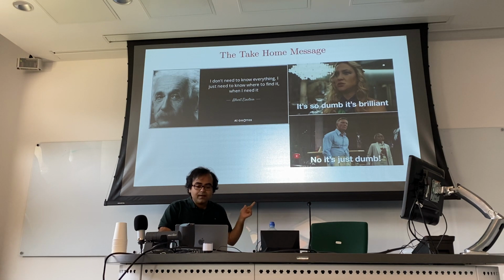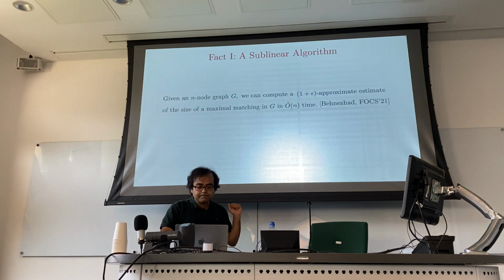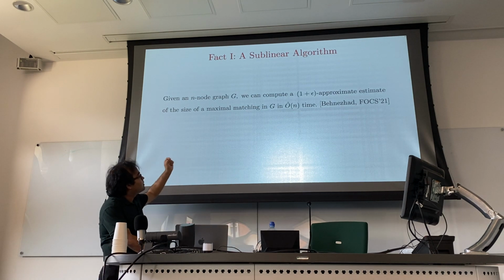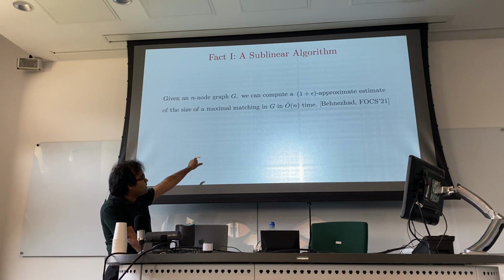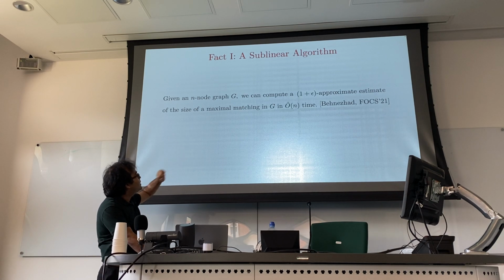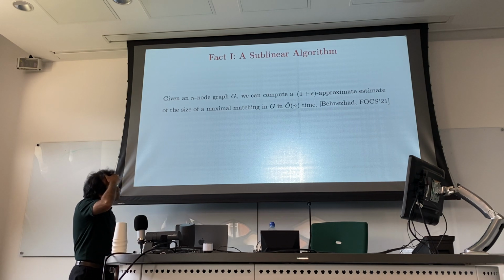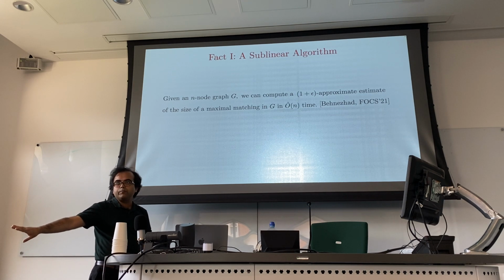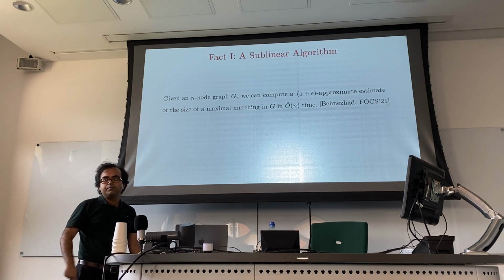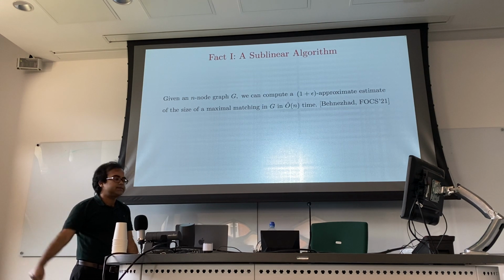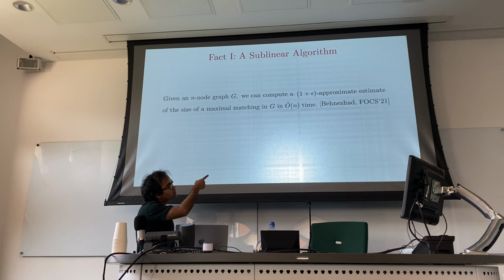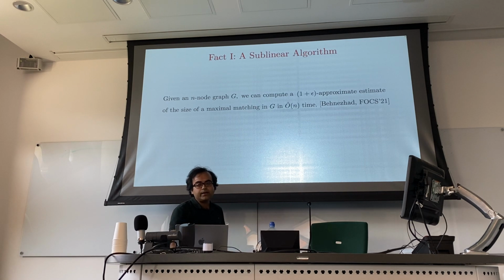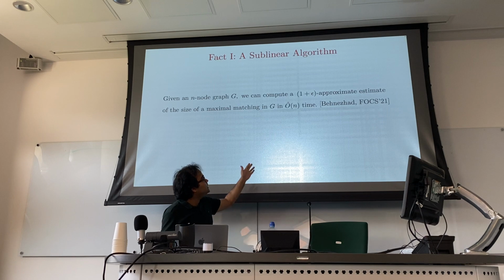Now, let's just recap these three facts. A sublinear algorithm. This is again not a technically true statement, but morally this is true. There is a very nice algorithm by Behnezhad two or three years back, which just says this. We have a graph that resides in memory. We cannot even read the entire graph. We can access it only by using adjacency matrix queries. Then still we can form a 1 plus epsilon approximate estimate of the maximal matching size of that graph